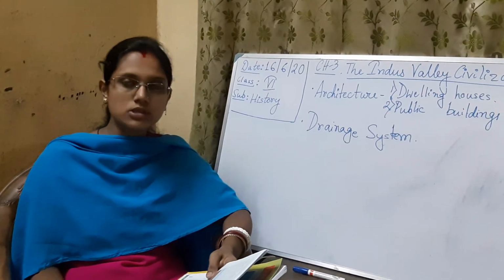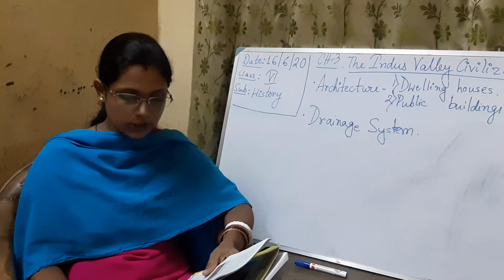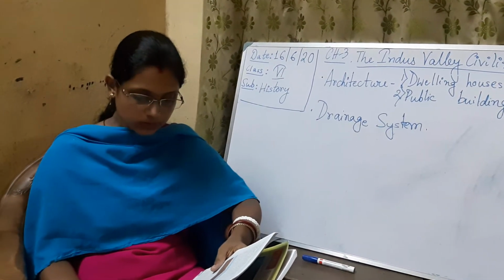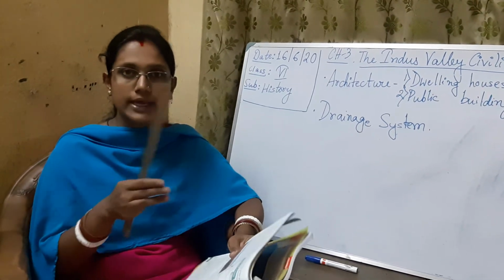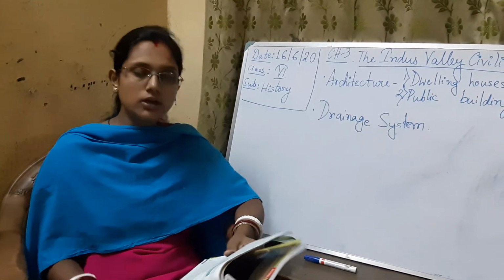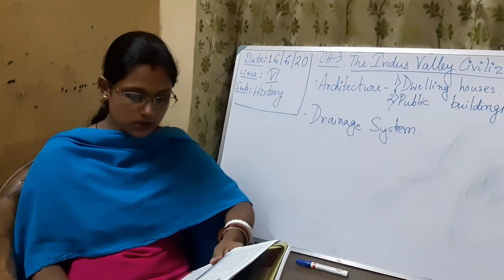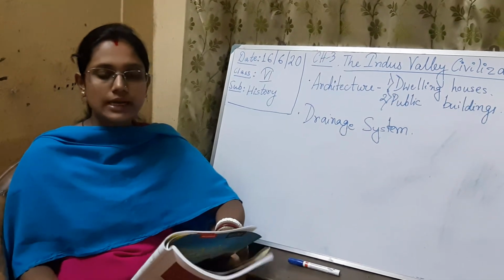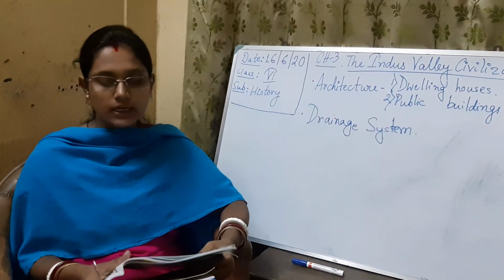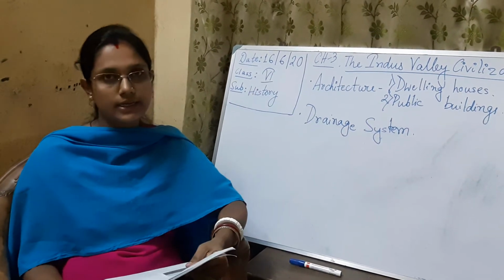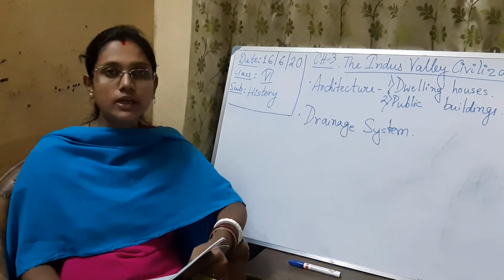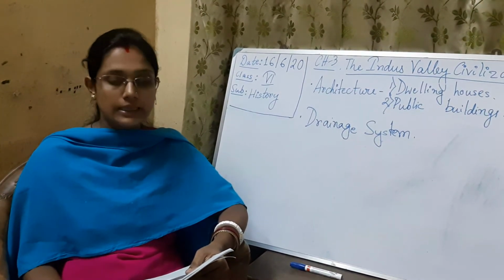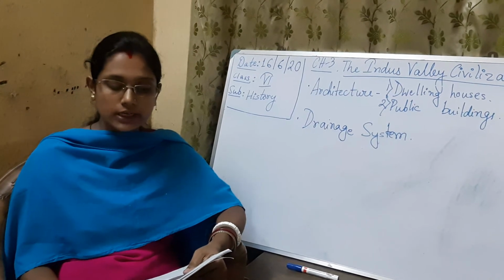They had manholes at regular intervals for inspection and cleaning. The manholes were present at regular gaps so that the regular cleaning process can be done through the manholes, and also for inspection. The drainage system proves that the Indus Valley people paid great attention to sanitation and cleanliness. So not only are we taking care of sanitation and cleanliness, but Indus Valley people also at that time paid great attention to it.